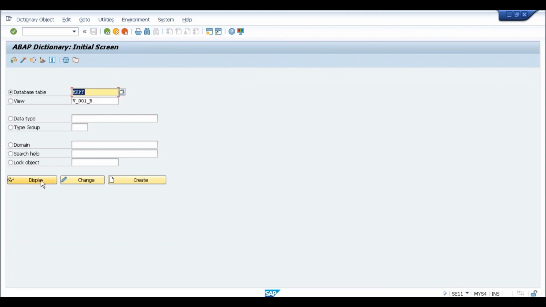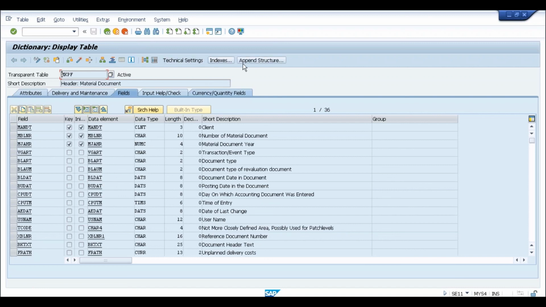So whenever I do a material movement, it will update along with the MAT DOC, or it is coming from MAT DOC to MKPF and MSEG? No, it is updating both as of today. But the plan is MKPF and MSEG will be deleted completely going forward. So as of today, both will be updated in parallel. MAT DOC currently and MKPF, yes, currently both are updated in parallel.